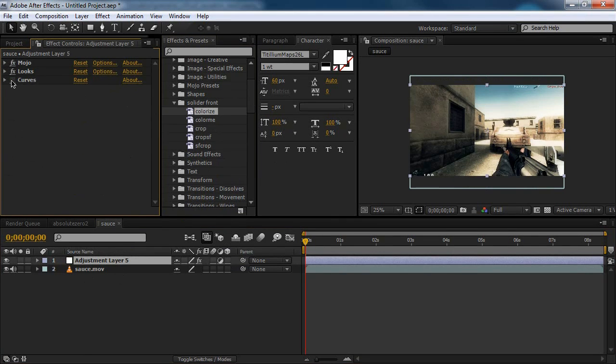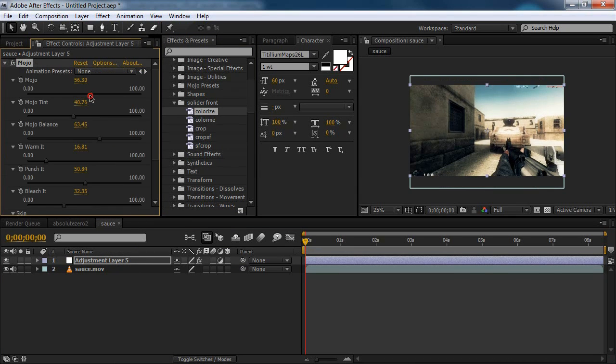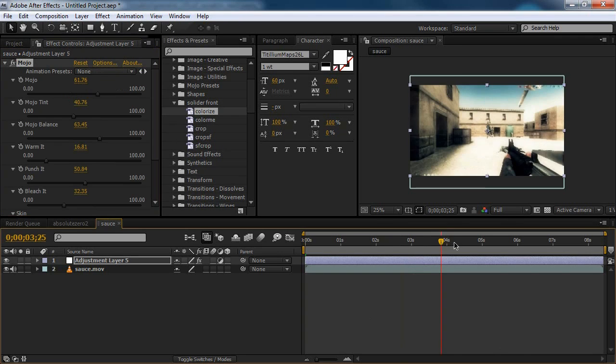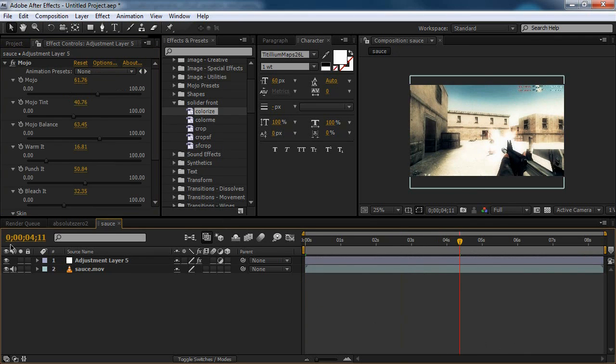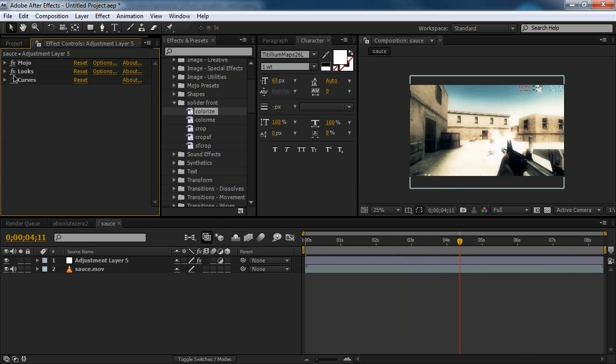Feel free to play around with the curves or something, or even the looks or the Mojo. You know, something like, I have no idea. But there you go. That's how you make color presets and how I colorize the footage for